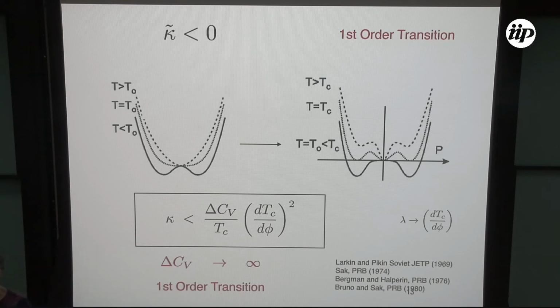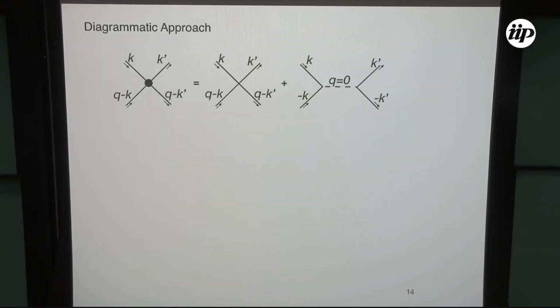Then a beautiful renormalization group discussion was followed by our colleague Joe Sachs at Rutgers. But the approach that we're taking now is very much following Bergman and Halperin. Assuming a classical critical point in a clamped system, then unclamping it and asking, does that critical point survive? And the signature for seeing whether it survives is to see whether the effective bulk modulus stays positive or goes negative.